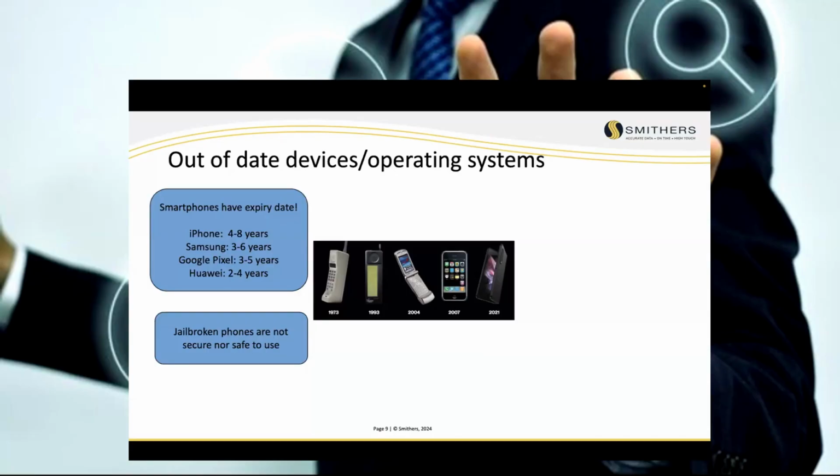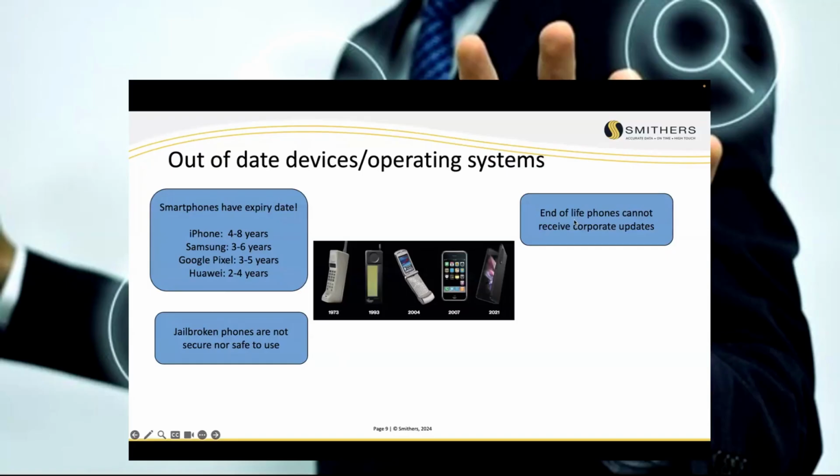Bring your own device. If an employee brings their own device, typically, and they want to hook into the company network, like in our case at Smithers, we actually have you sign a user acceptance agreement that says your personal device is not jailbroken and that you will not jailbreak it or install software that Smithers has said is bad software to install on your phone. So you can definitely stop it. I will tell you again, let's circle back: CMMC and ISO. If you have a jailbroken phone on your network, you will either fail a CMMC audit, or for ISO 27001, we will issue a major nonconformance because you have a glaring security breach on your network.